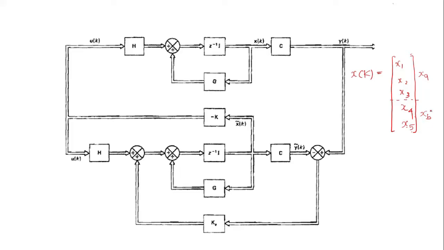So b actually specifies those states, or the elements of those states that are not directly observed, or those which are to be observed. So the states x of k can be classified as xa of k and xb of k. Xa of k and xb of k are both vectors, and so the state space equation can be rewritten as